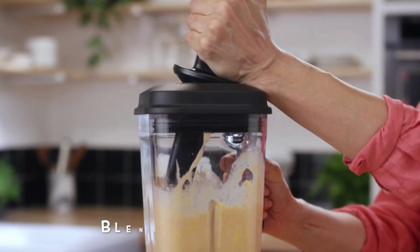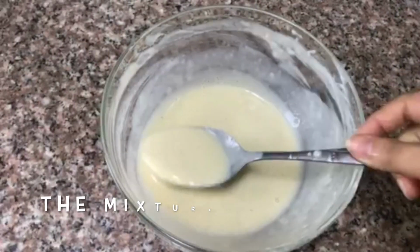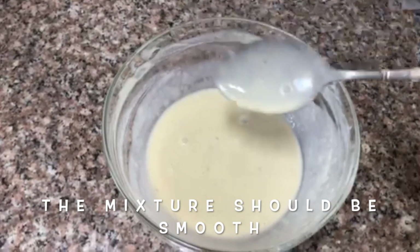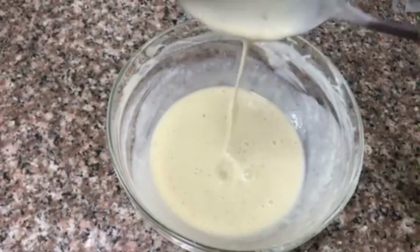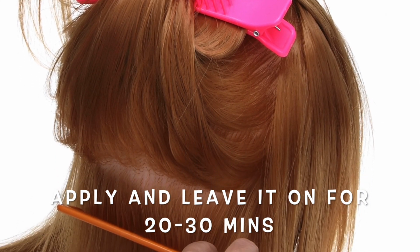Next step is to grind it in a blender so that the mixture is smooth and lump-free. It's really important for the mixture to be smooth, otherwise you may find it difficult to get rid of the banana pieces while rinsing. Now that the mixture is ready, apply it all over your hair generously from roots to